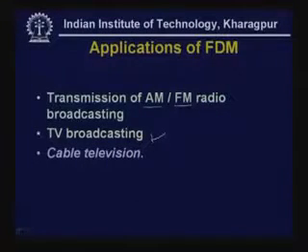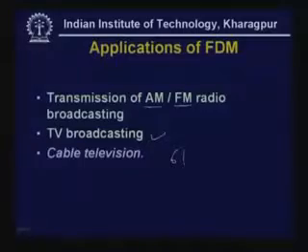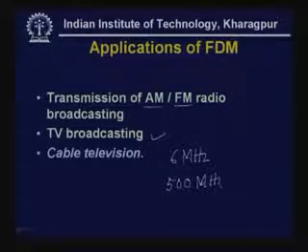And in cable television, the same thing is done through a coaxial cable. As we know, each channel will require about 6 megahertz, and a cable can provide a bandwidth of about 500 megahertz. So, through a single coaxial cable that is being used,